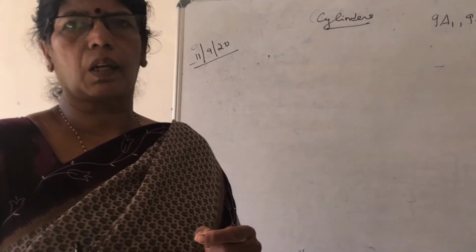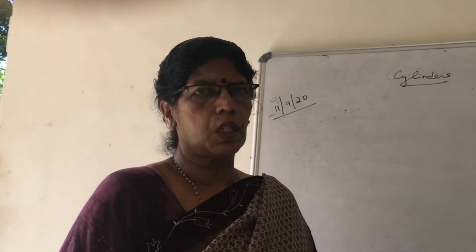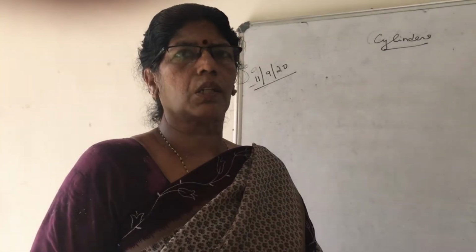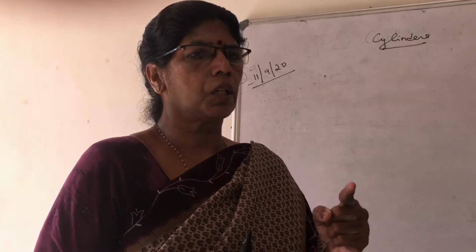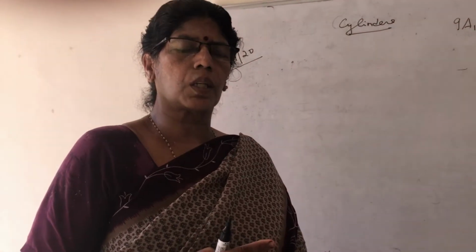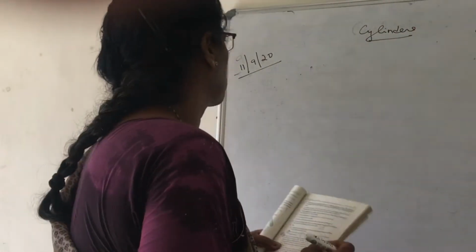In this particular sum, you are given the diameter. You all know cylinders involve only radius. When diameter is given, children, find out radius. You know height, go for LSA. The number of revolutions is 500. So area of the ground is equal to LSA of the roller into number of revolutions.